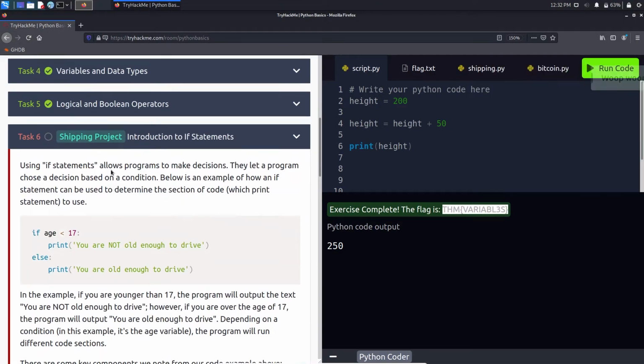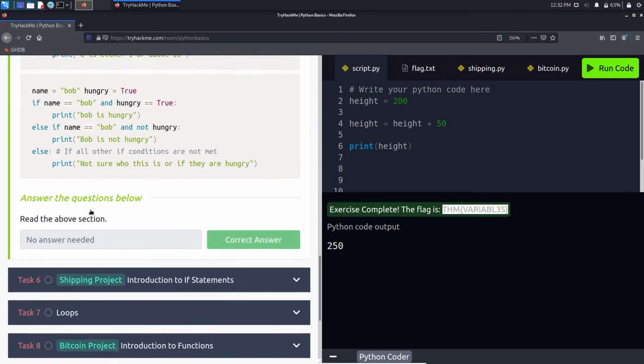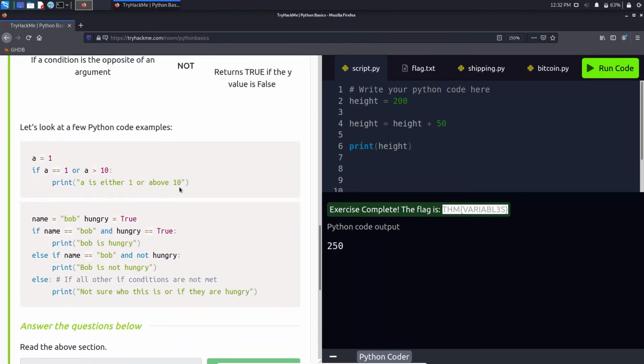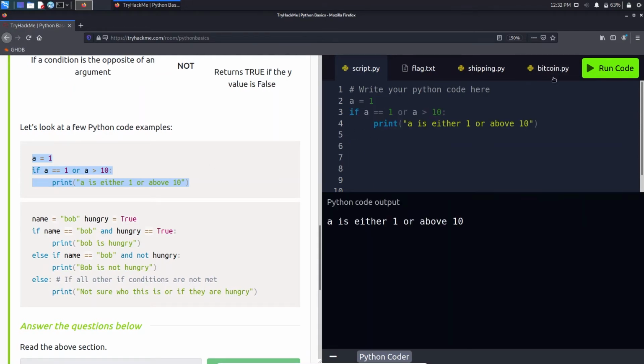There was nothing to be. If you want, I can show you this as a trial. I just copy this and paste it here. We run this. So see here it says a is either 1 or above 10. If I do it with and here, it means it should be 1 and greater than 10. Then no, it is not. So this condition failed. And if we add else here and do a print statement here,